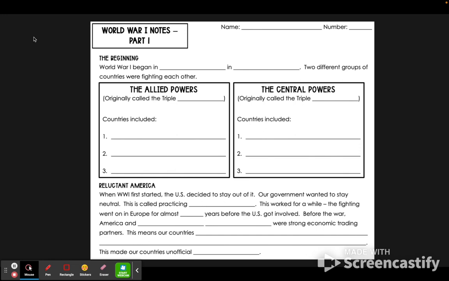So what you're going to do today is go back to those slides and fill in these notes. And we're going to recap these tomorrow and go over what your answers were and move into the next chunk. We'll keep reviewing each day just to make sure that we understand exactly what's going on. But if you would go back to the previous 4 slides to answer the questions here on this page or fill